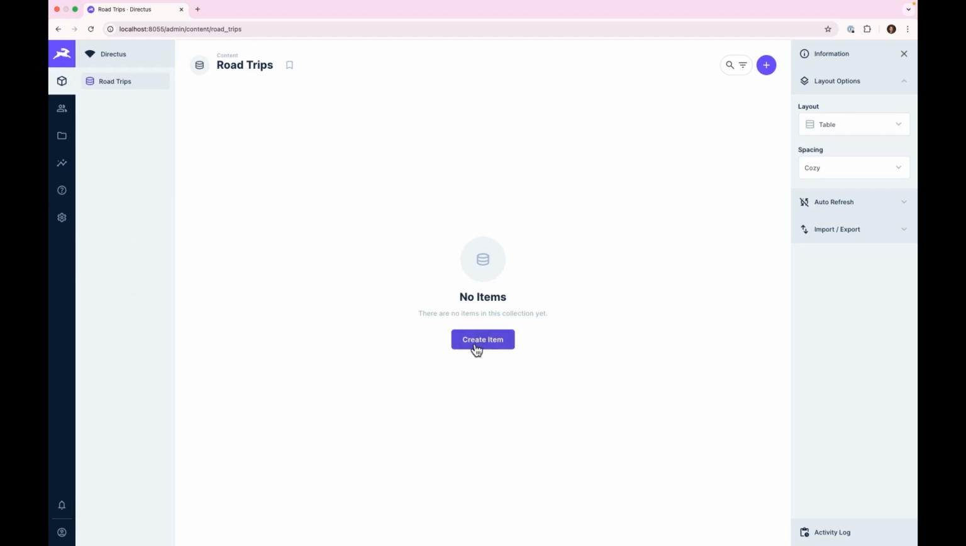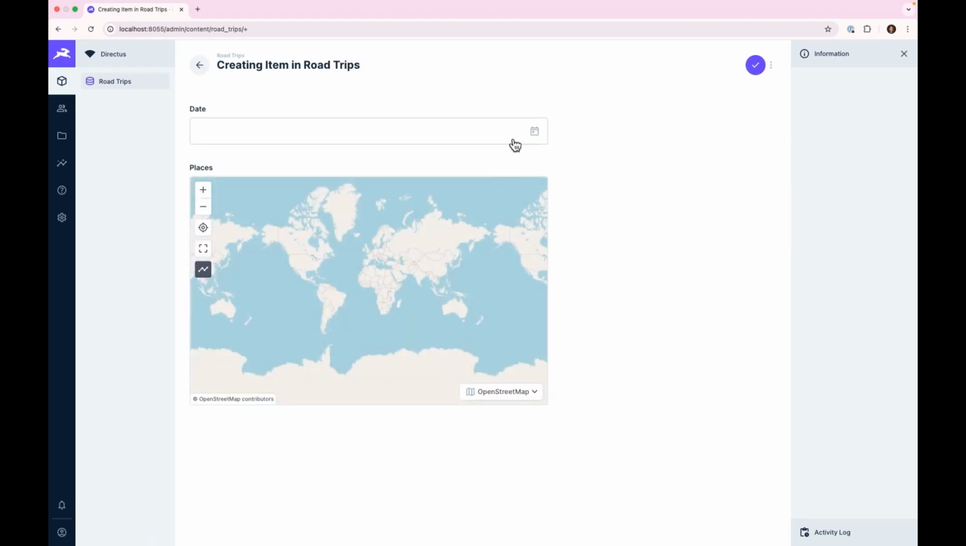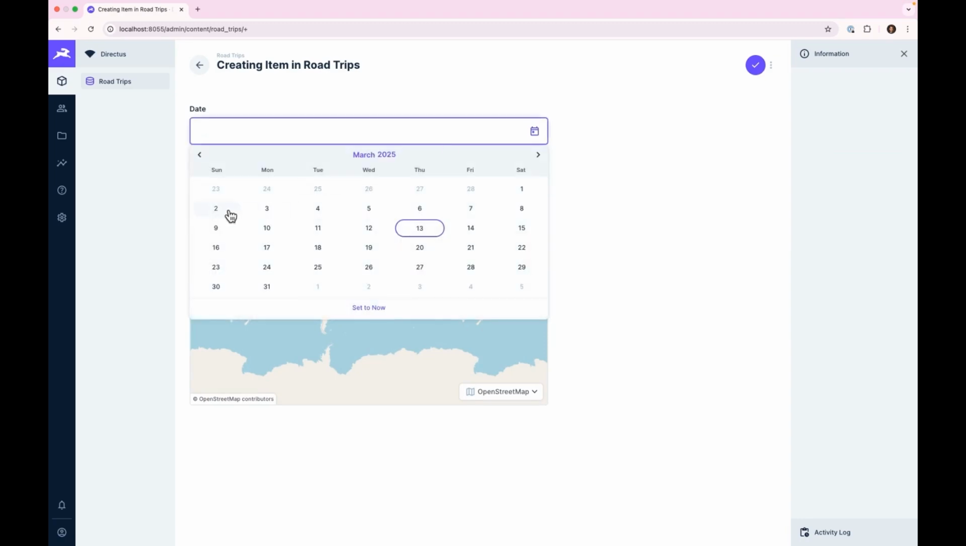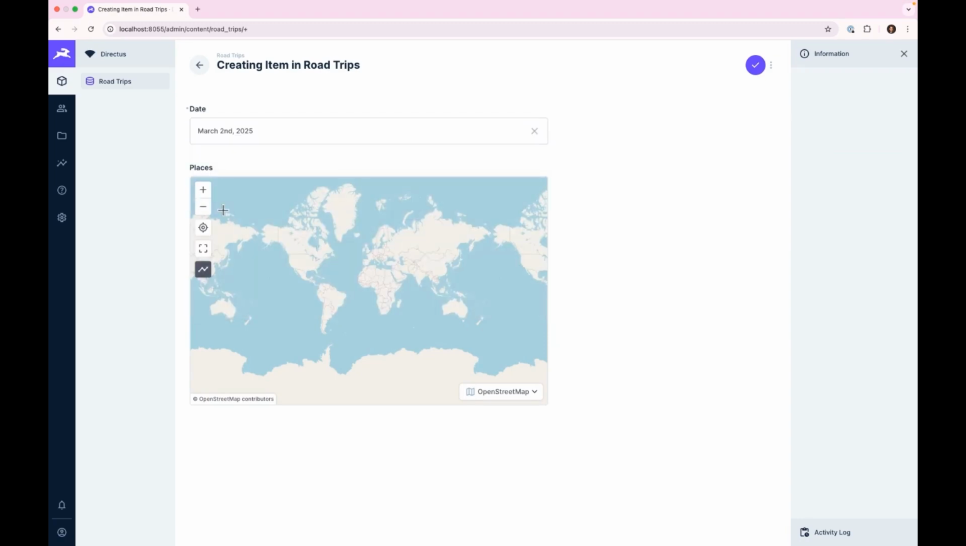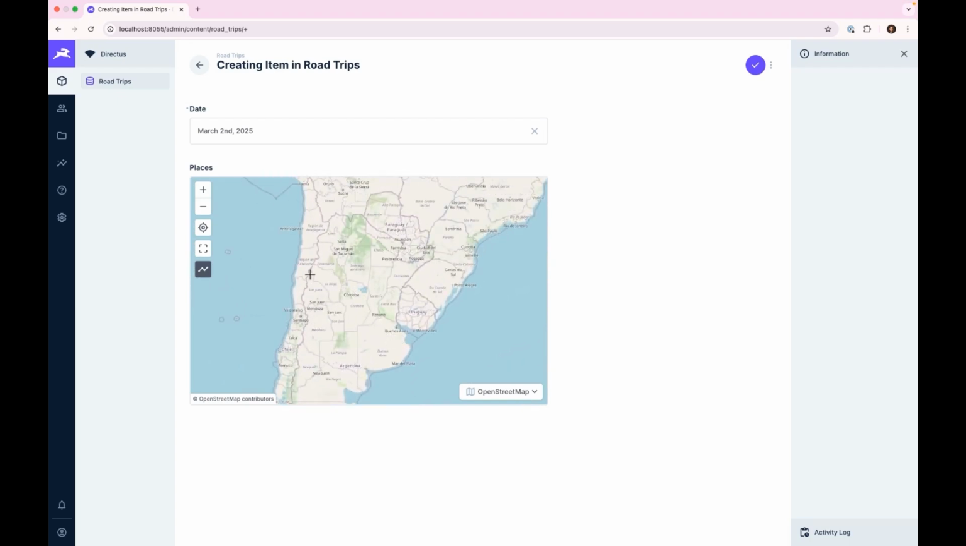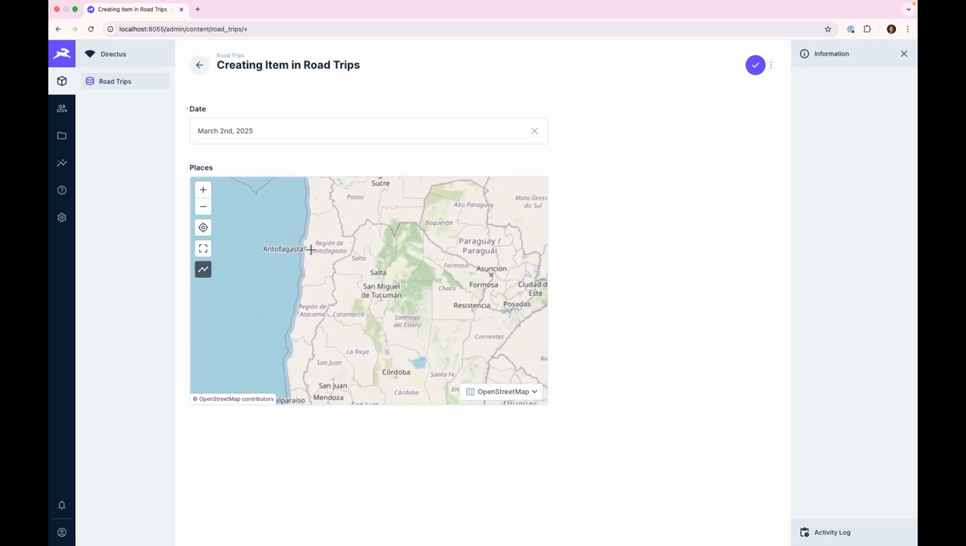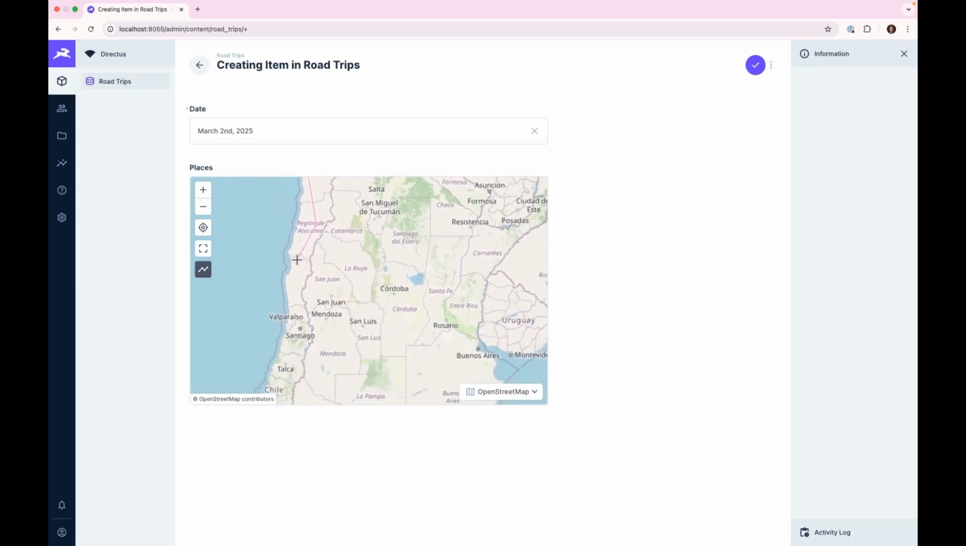I'm going to go ahead and click on Create Item, set my date to be the beginning of this month, and my first trip is going to be along Chile. We start at Antofagasta, go down to Atacama, move along down to Valparaíso, that's where I'm from, and next to Santiago, the capital,